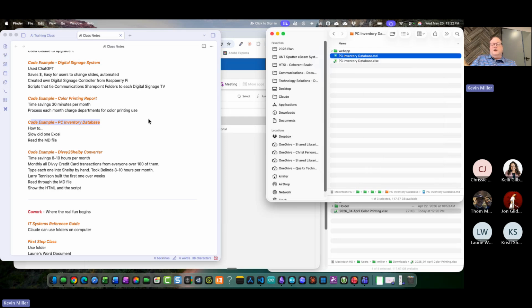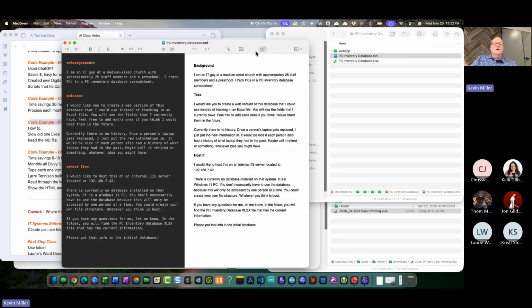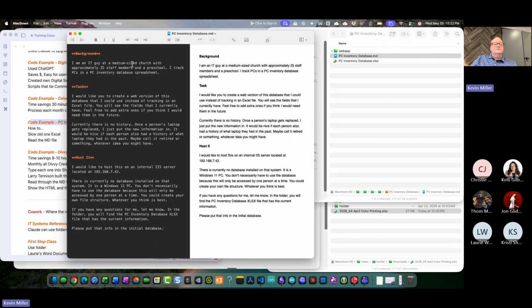So those are some examples. Now I'll show you what I had Claude do. I created a markdown file, and I just organize it like this so it's easier for me. Here's the background. I'm an IT guy in a medium-sized church with approximately 25 staff members and a preschool. I track PCs in a PC inventory spreadsheet. Here's the task. I would like you to create a web version of this database